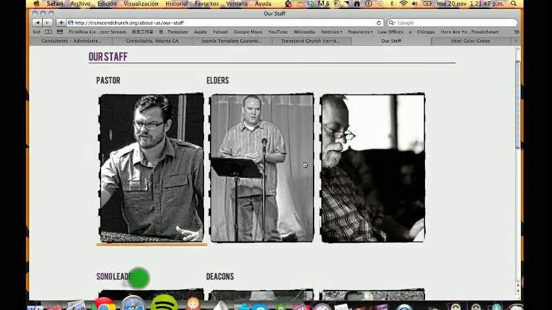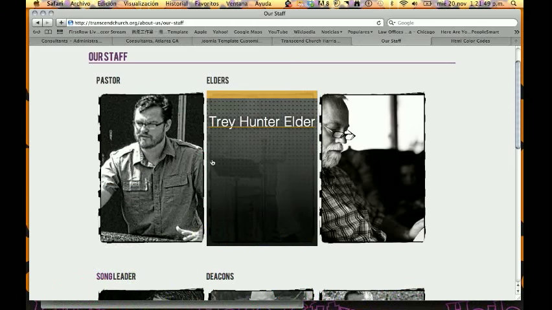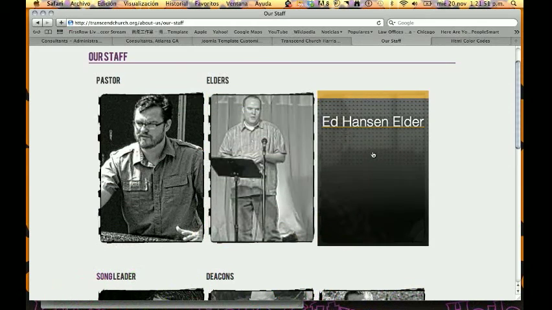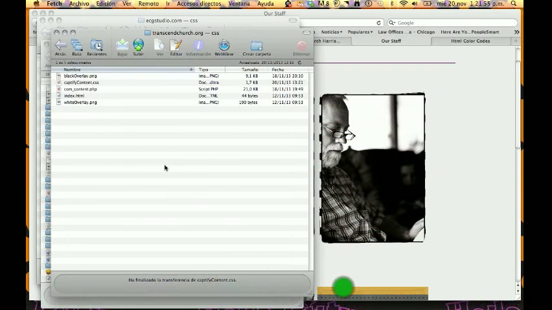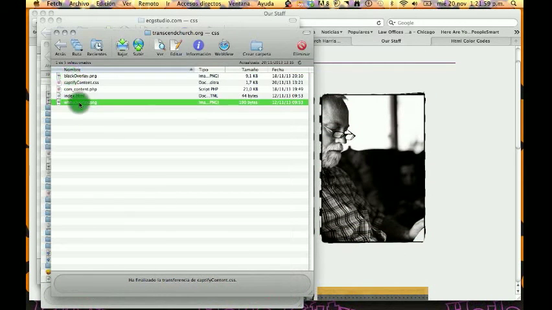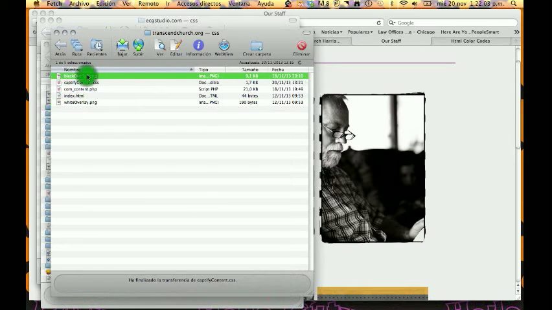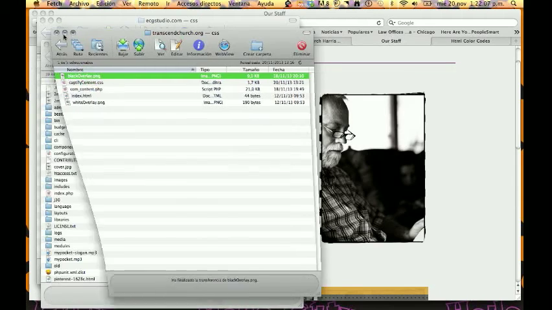If you want to change this image that comes up with the hover effect, let's go back to the FTP, and you will see black overlay PNG and white overlay PNG. Since we are using black overlay, all you need to do is get this little image,